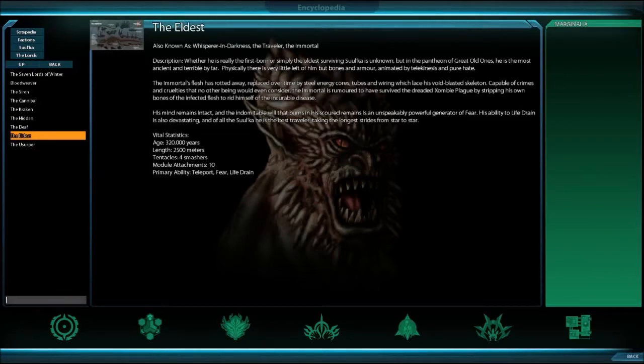The Eldest, known as Whisper in the Darkness, the Traveler, the Immortal. Whether he's really the firstborn or simply the oldest surviving Suul'ka is unknown. But in the pantheon of the Great Ones, he is the most ancient and terrible by far. Physically, there's very little left of him but bones and armor, animated by telekinesis and pure hate. The Immortal's flesh has rotted away, replaced over time by steel, energy cores, tubes, and wiring which lace his void-blasted skeleton. Capable of crimes and cruelties that no other being would consider, the Immortal is rumored to survive the dreaded zombie plague by